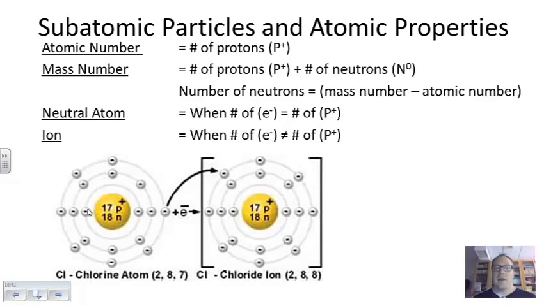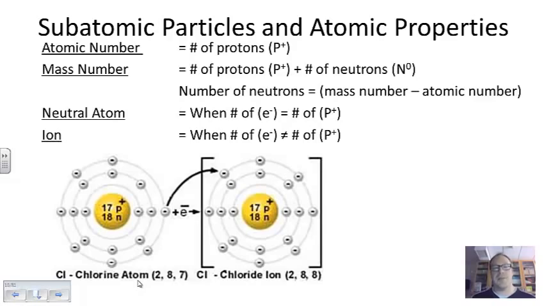A chlorine atom is going to have a total of 17 electrons. There's 2 in this first level, there's 8 in this second level, and then there's 7 in this third level, or this third orbital, as it might be called. And these numbers 2, 8, and 7 refer to the number of electrons in those levels respectively. And if you add 2 to 8 to 7, what you get is 17. So the reason I have a chlorine atom here is that my total number of electrons is equal to my